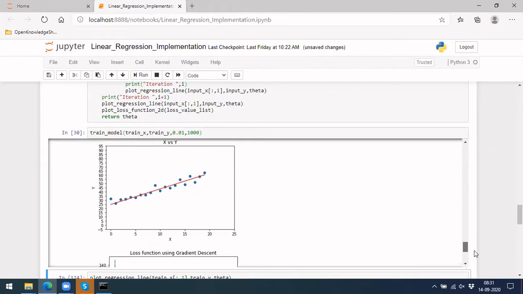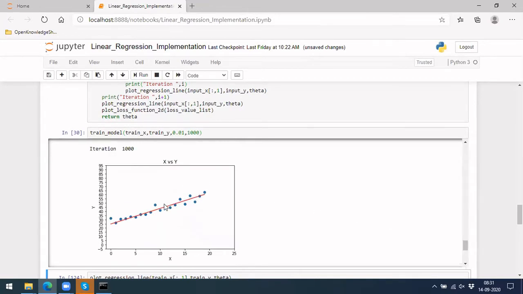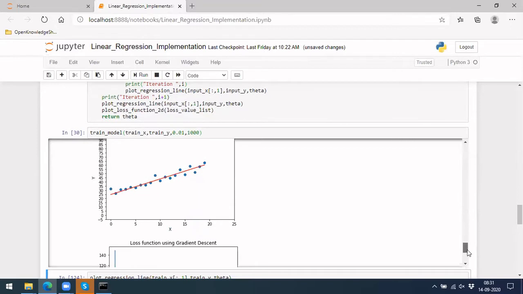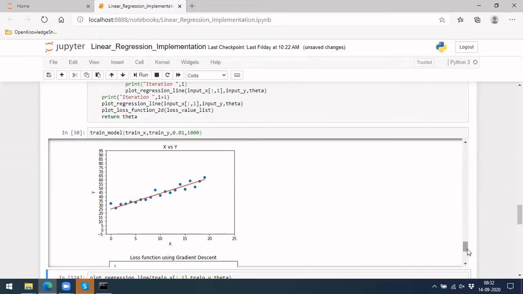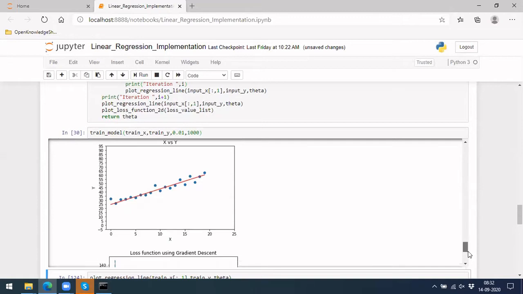See, this is where we stopped, at 1,000 iterations. You can see the error from each of the points to the predicted line is very small. This is what we are expecting. This is our objective function. It has learned from there; this is what we mean when we say the model has learned the parameters.